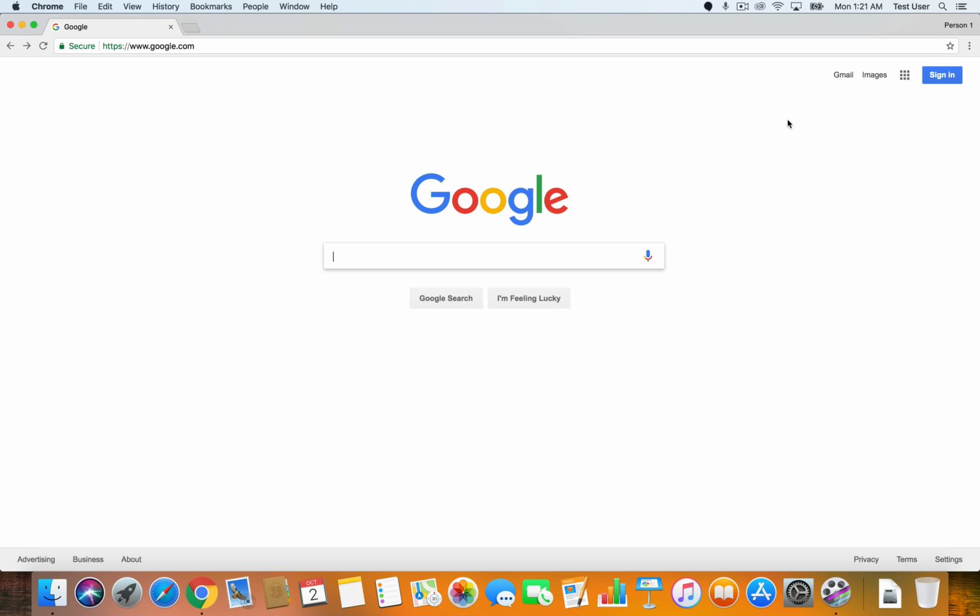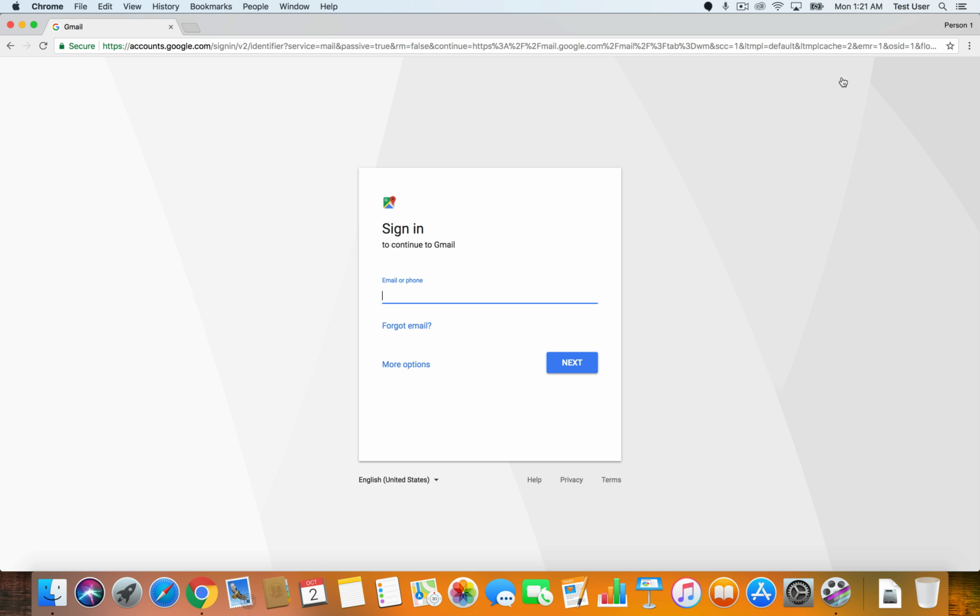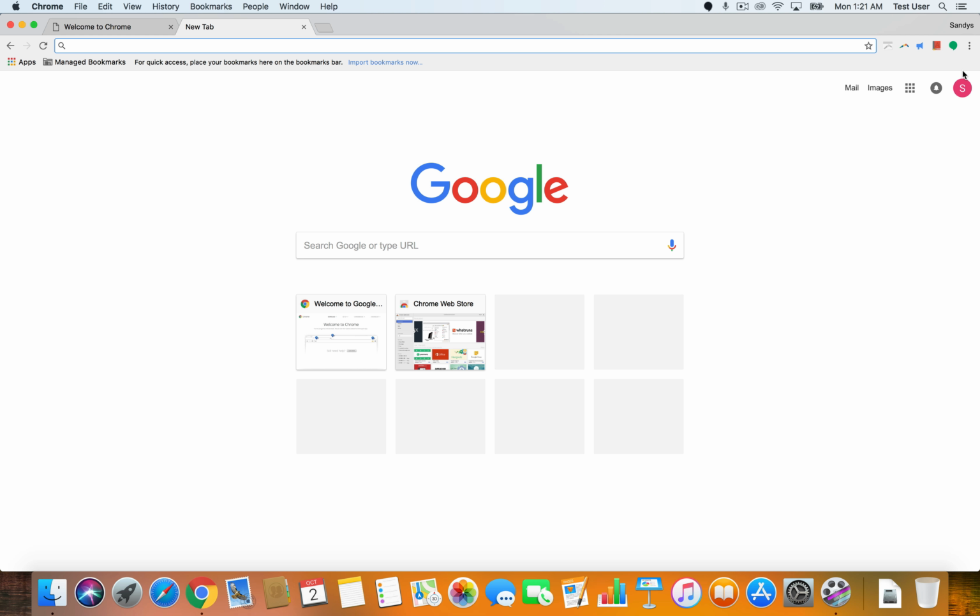You can switch back and forth if you need to do something in your own, like reply to your own personal email. You can go to your own personal one. Or if you need to do something in the school's email, the school system, you can go back in here and switch in here. You can also change this